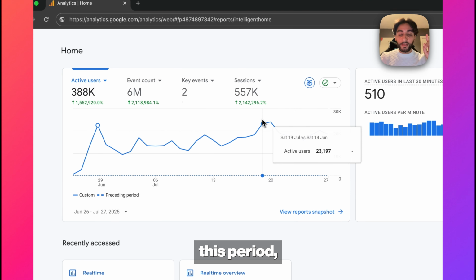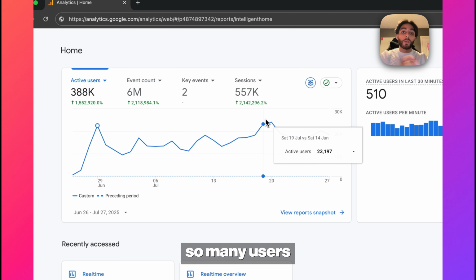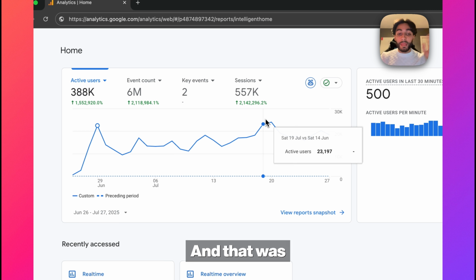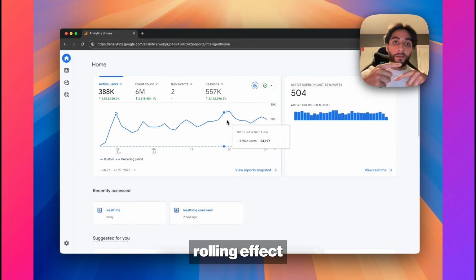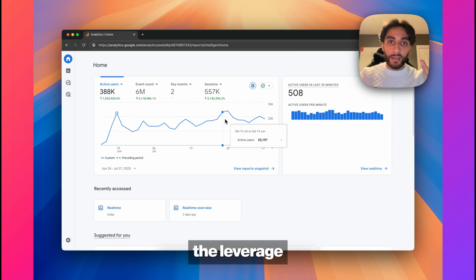During this period, what was actually happening is that because so many users were using the app, other users were discovering it through them, and they were onboarding onto the app themselves without myself, my co-founder, having to go ahead and speak to them, and that was contributing a lot of growth. We've had a ton of high yield users come onto the app all by themselves. Now, this roll-on effect is going to continuously happen purely because of the leverage we have in this situation with the amount of users we have, and that will push the app's growth even further as well.